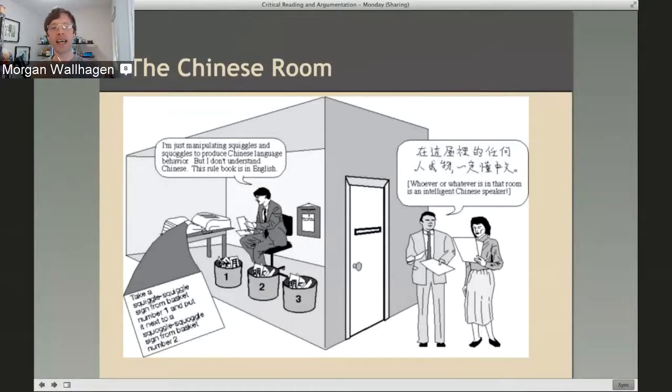So, I think the idea is kind of like this. When you have a thought and you do something on the basis of that thought, Searle thinks that that thought is actually a state of the brain, right? Maybe it's a set of neurons firing in a certain way that has the power to cause the body to move in the appropriate way. The computer model says that what happens here is there are a bunch of symbols that get transformed according to rules, so maybe some string of those symbols is the thought that you're having, and it gets transformed into other symbols that then get sent down through the robot's hydraulic pumps or something like that,